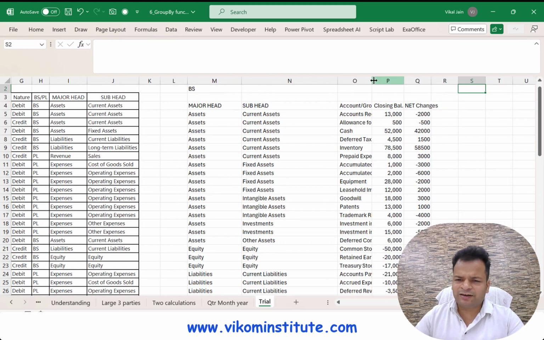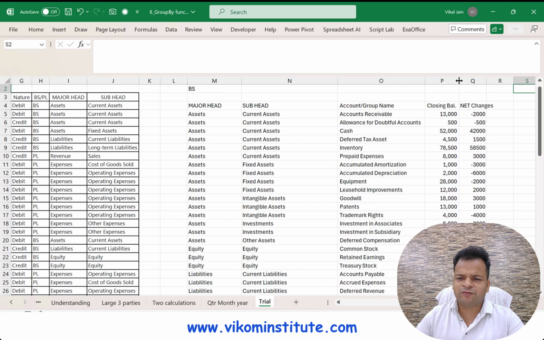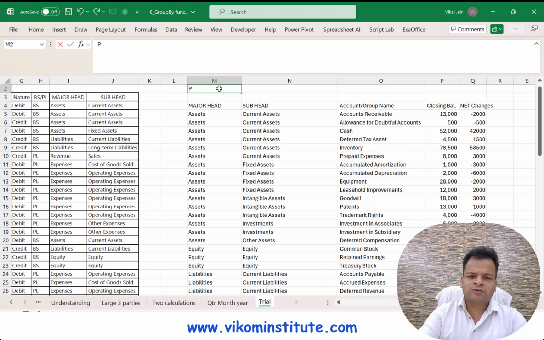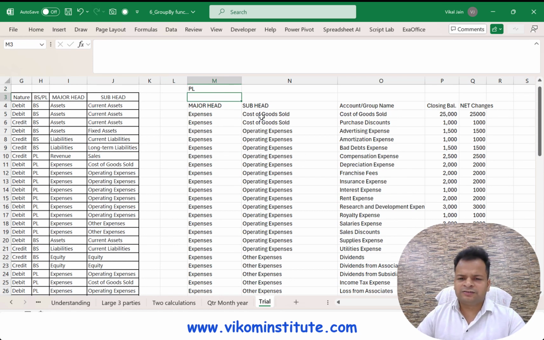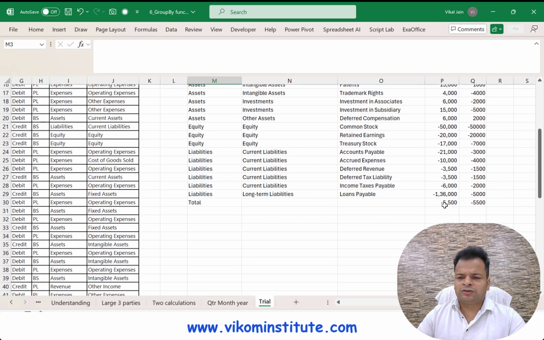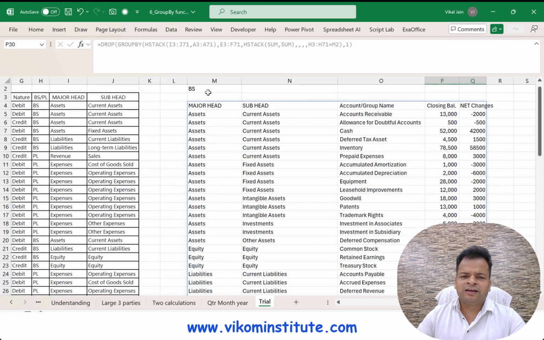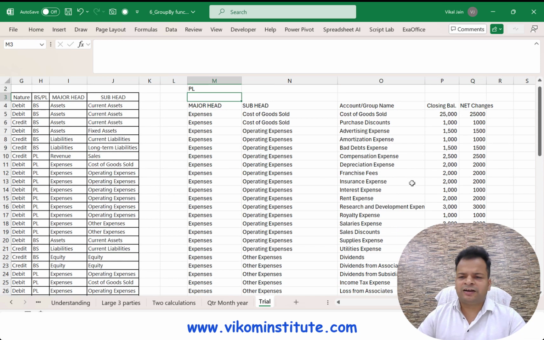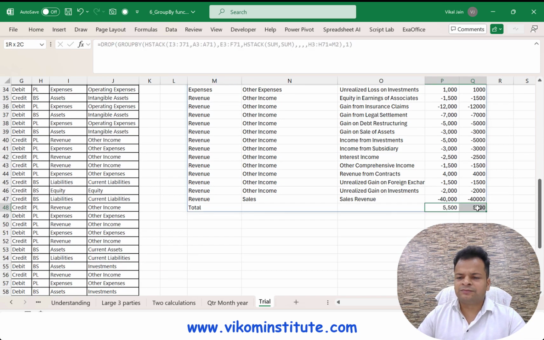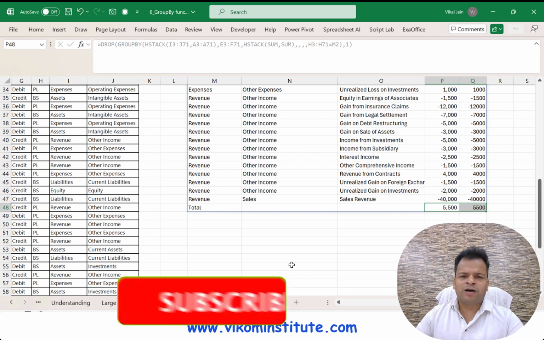So basically what it is doing is a summarization of your balance sheet and profit and loss. So here is your P&L, and here is your balance sheet. And if you see the balance sheet, the total is this one, that is the difference of P&L. And if I see the P&L, here it is. So that's how it is going to work with group by.